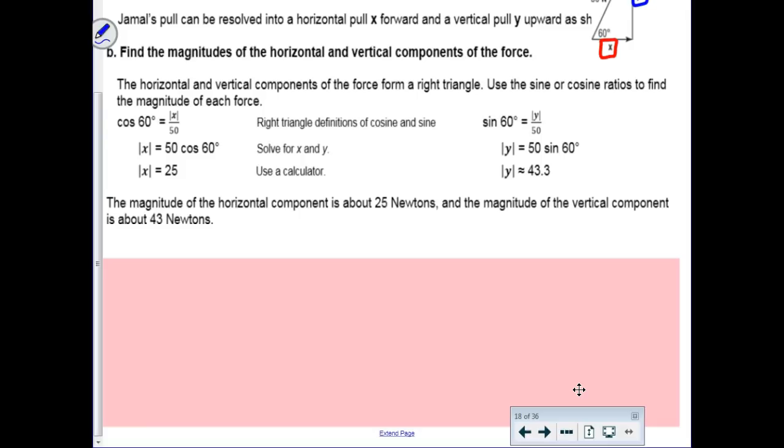What else do they want? The magnitude of the horizontal component is 25 newtons. And the magnitude of the vertical component is about 43 newtons. Okay? So that's just a basic trig question. But I believe right underneath that,